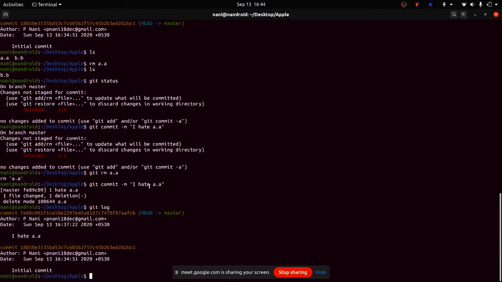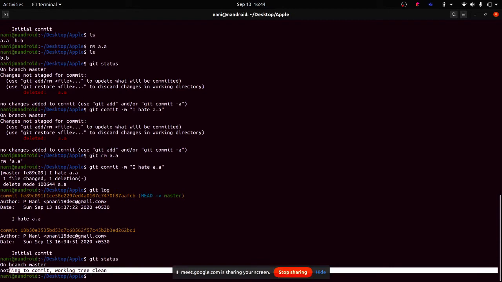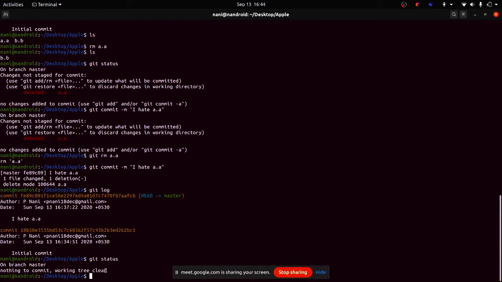Let me just type git status again. Since there are no changes right now, it is saying nothing to commit. No changes have been done, and the working tree is clean. There were no updations, so there was no problem. And it says on branch master.